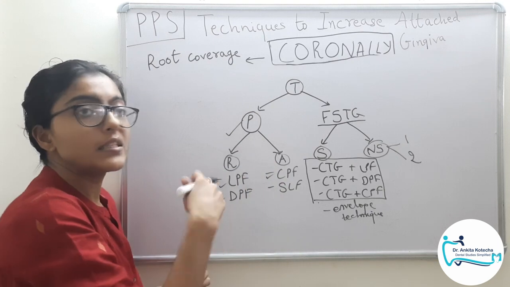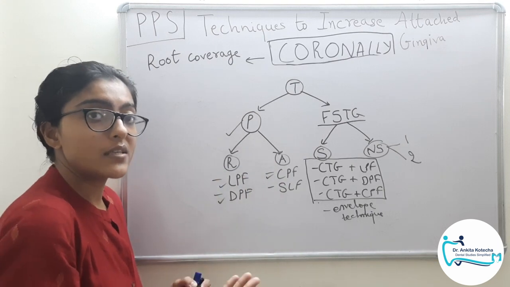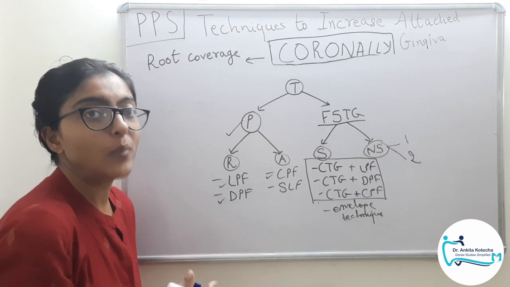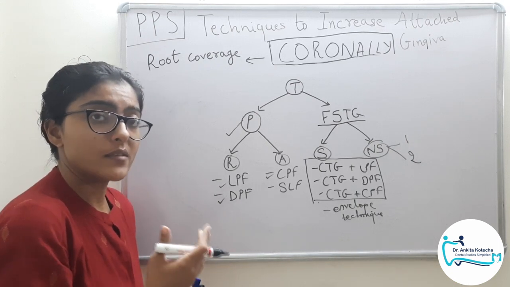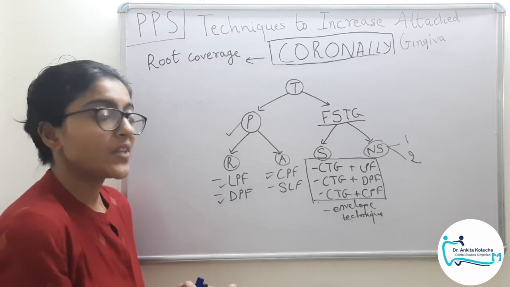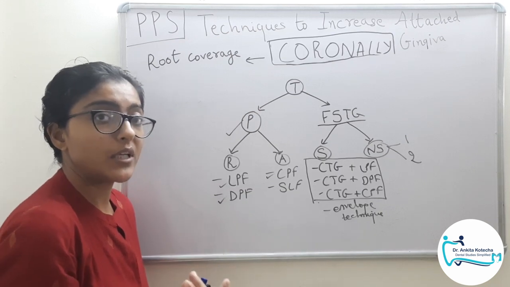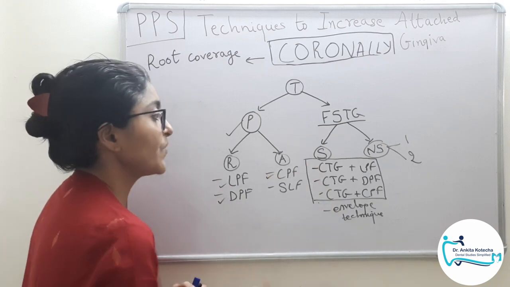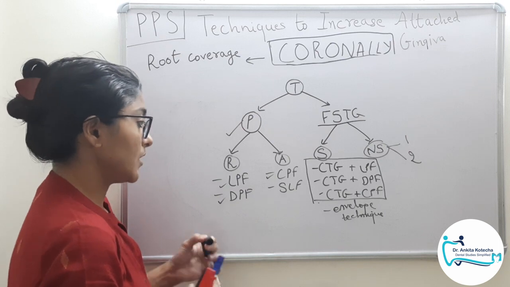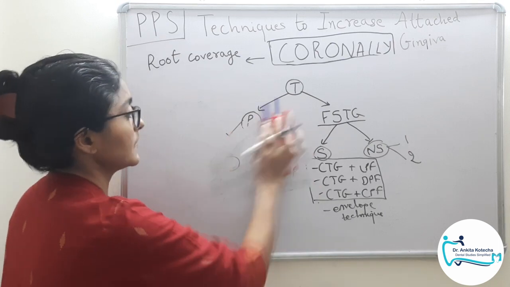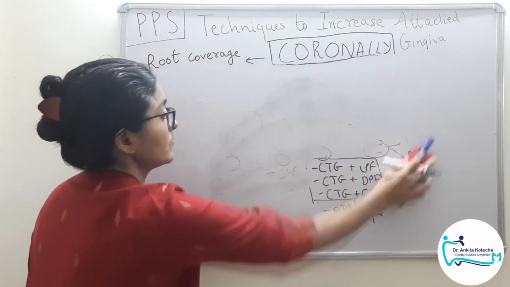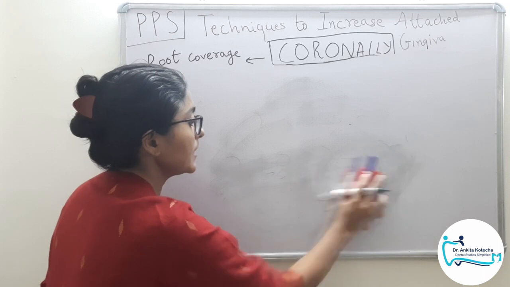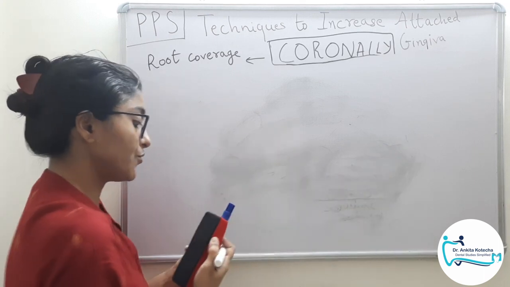So basically this video is going to be a summarization of everything that we have discussed till now. If you go through my playlist of periodontal plastic and aesthetic surgery topic, if you go through all the videos in that playlist, you will be able to understand this topic more clearly. So what we are going to discuss in this topic is mainly how to procure the connective tissue graft and